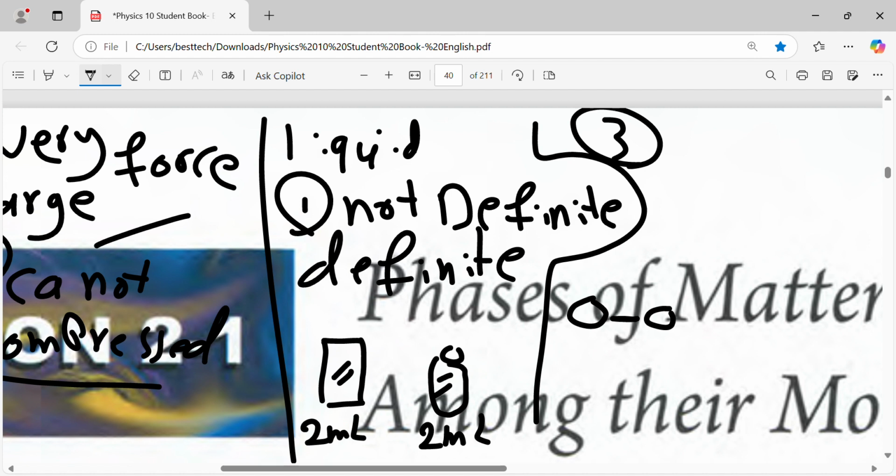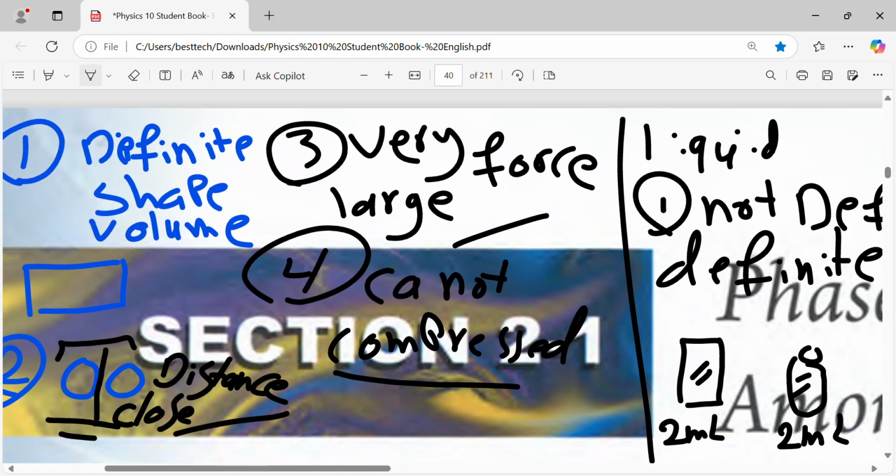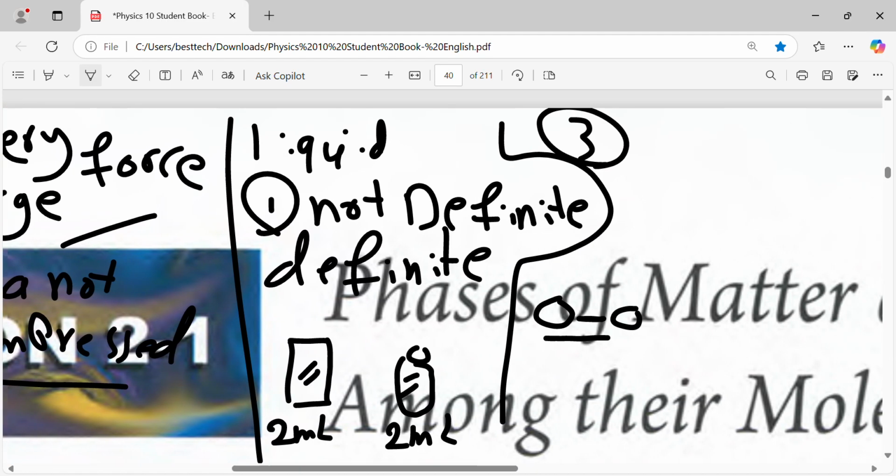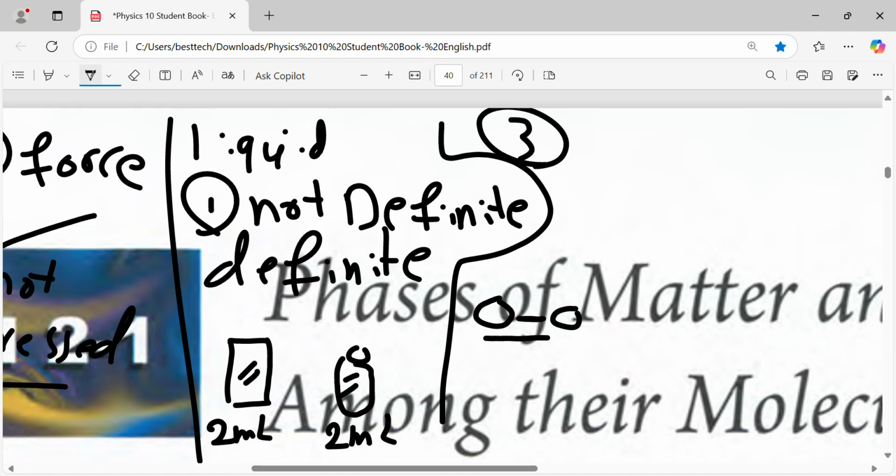Look, this is the distance between the molecules of the liquid, and look at the distance between the molecules of the solid. It's small, but compared to the solid, the distance is a little larger. So the distance between the molecules is more than in the solid, and that's why the force between the molecules of the liquid,